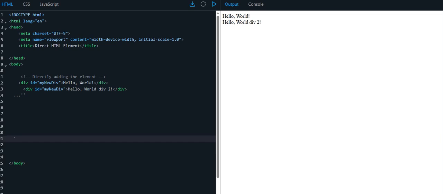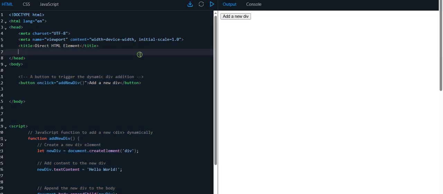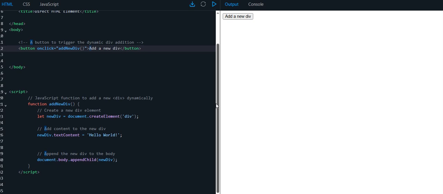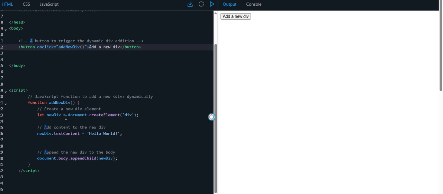Okay, let's see the first method. We create an HTML element dynamically. You see here inside the body I have just this button, add a new div. Sorry for my English. I want to add a new div dynamically inside this HTML. For this, I should use a method